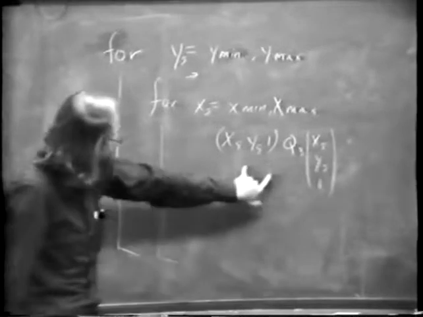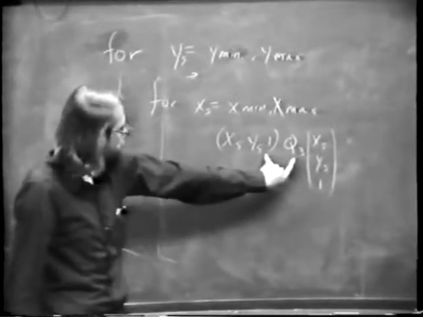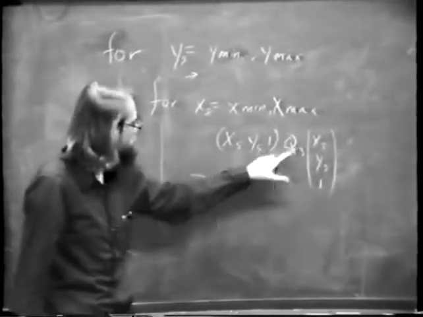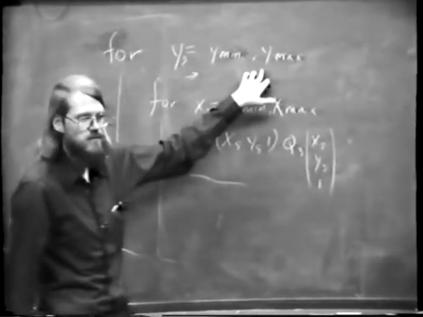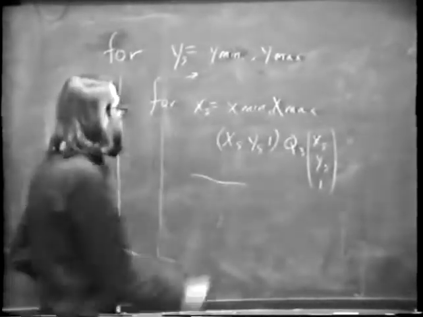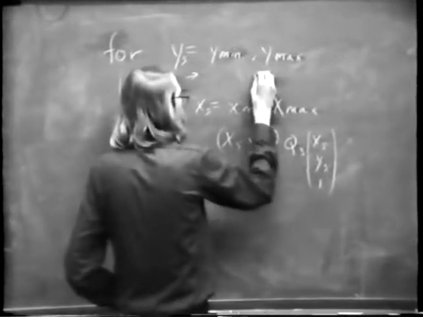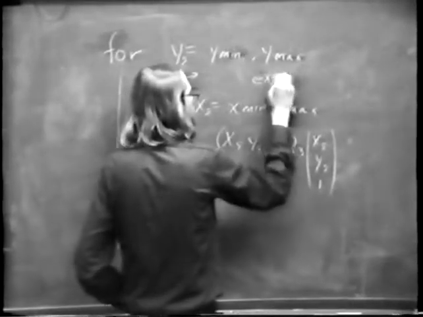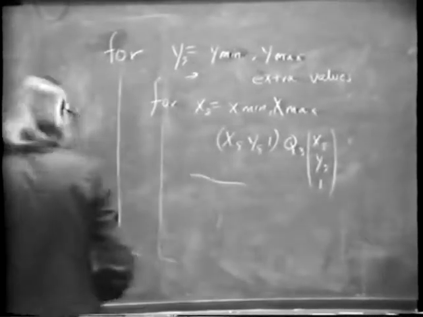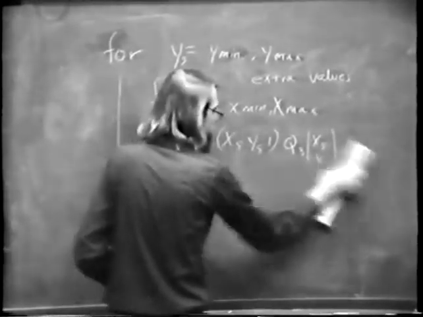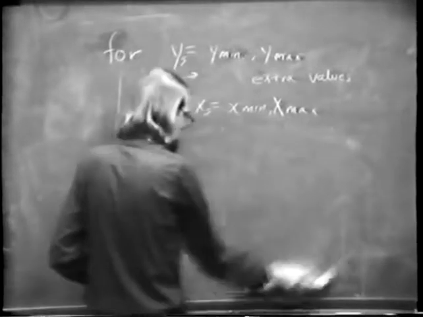I'll be explicit here, xs and ys like that. So what you can do is take all the terms that are just products of ys and these constant numbers in here and pre-calculate them outside of the loop. So you're going to wind up with a whole bunch of extra values out here. And then inside the loop, the only calculations you're going to wind up with are